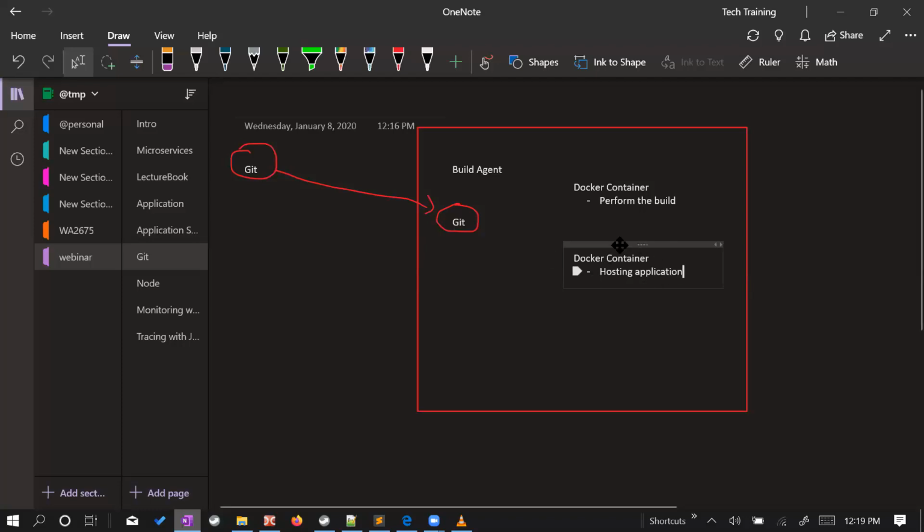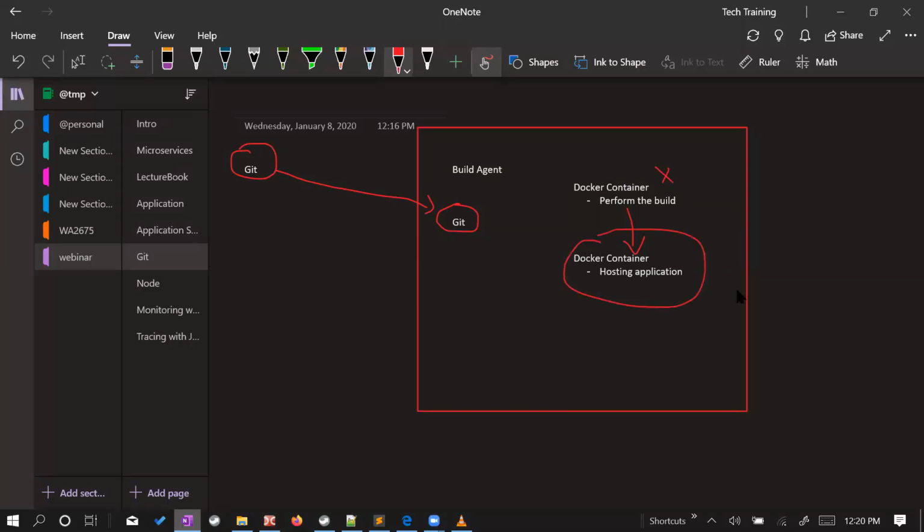So this is the actual Docker container that we want to deploy to Kubernetes later on. And this will basically obtain the artifacts from the first container. So the first container is only meant for build purpose. It will generate the deployable artifacts, and the second container will basically copy over the file from the first container. And after that, this container will be useless to us. It will be deleted. We will just keep this one so that we can later on deploy to